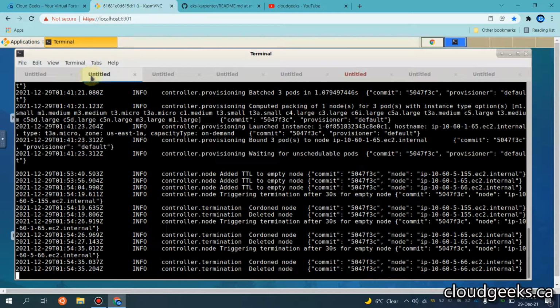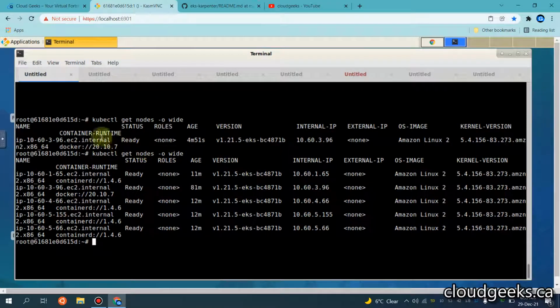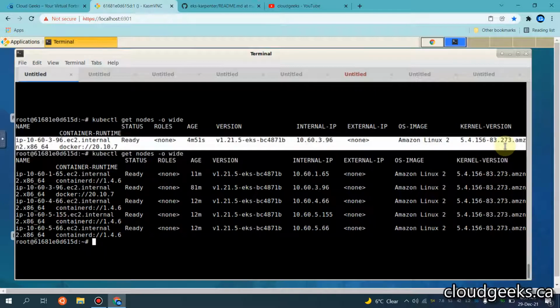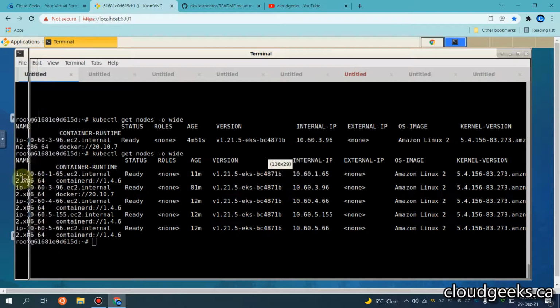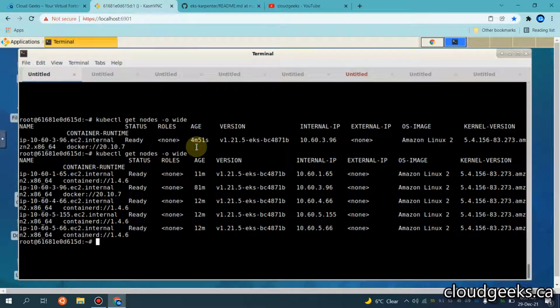And also, previously I ran this command kubectl get nodes. We have already shown you from the UI that we have multiple nodes, and after that I ran this command. You see it tells us that this many nodes have been provisioned.